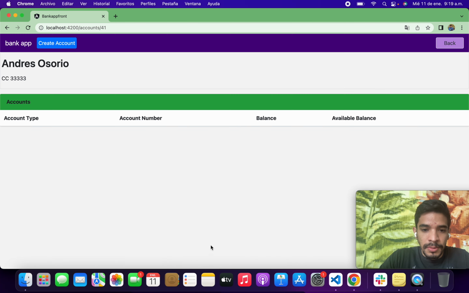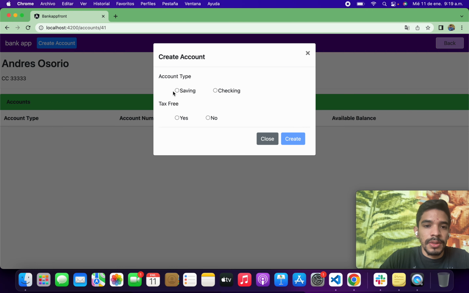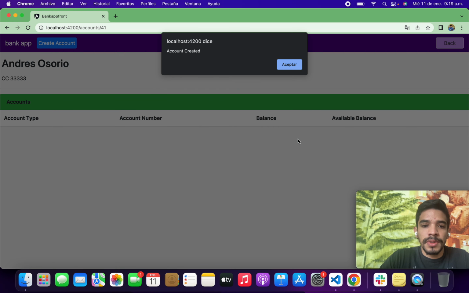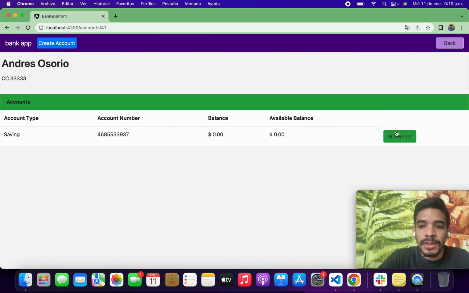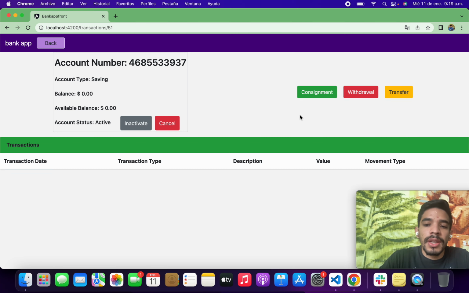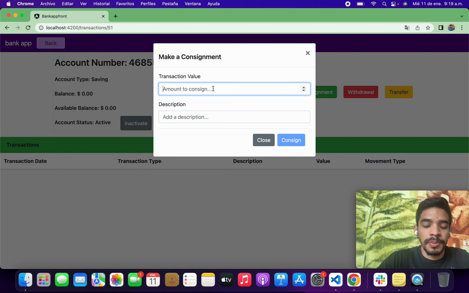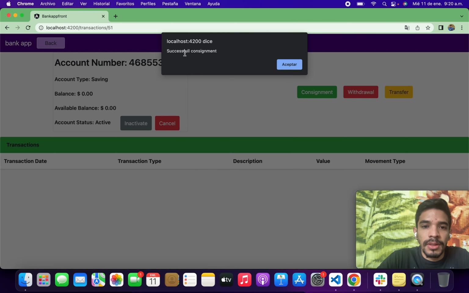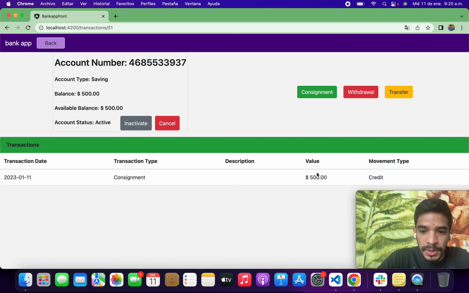So here we go to accounts, create a new account, savings, tax free. Yes, the account is created, and I'm going to show the transactions. So I'm going to make a consignment. So for example, I'm going to consign 500 pesos, and the description is optional. So I'm going to consign. The transaction is successful. So we can see here the transaction,